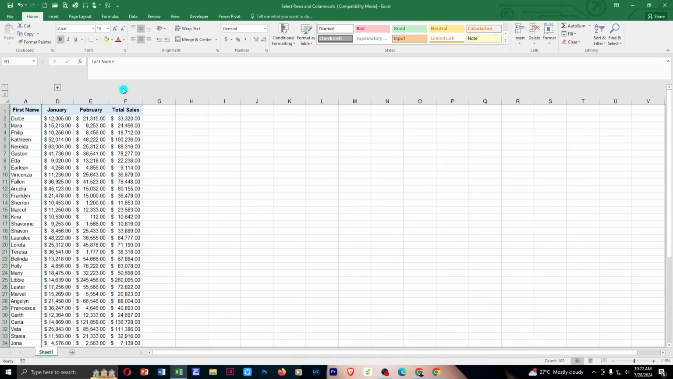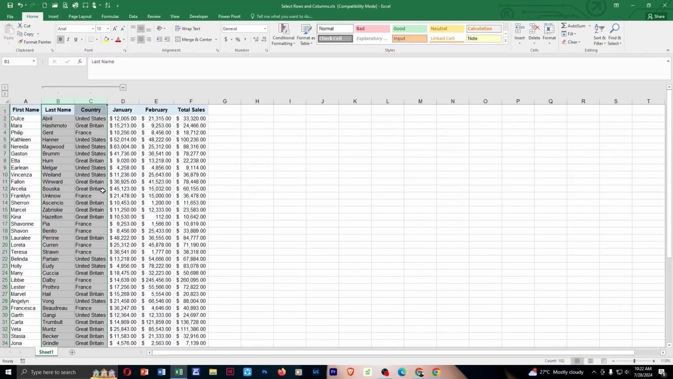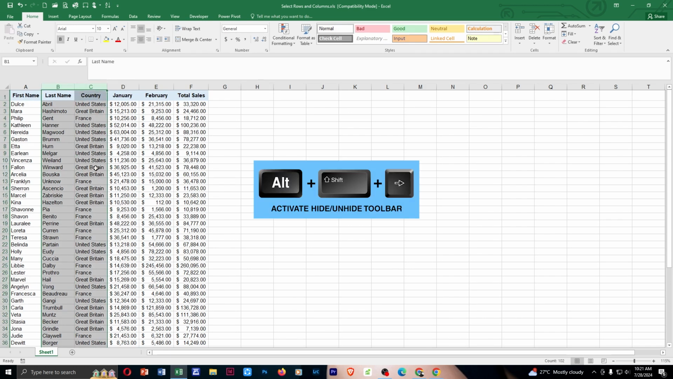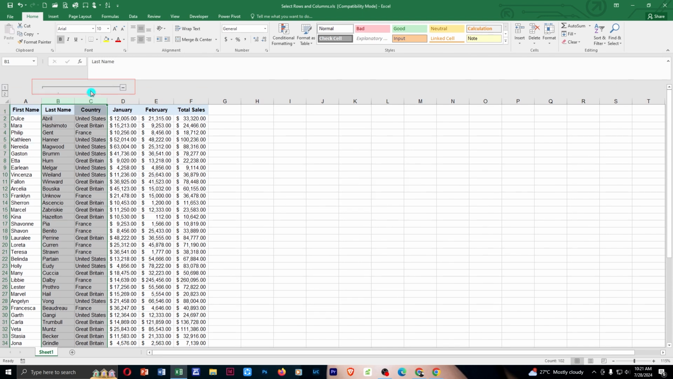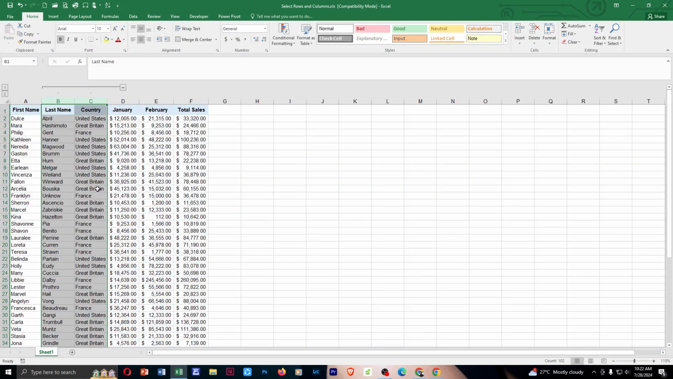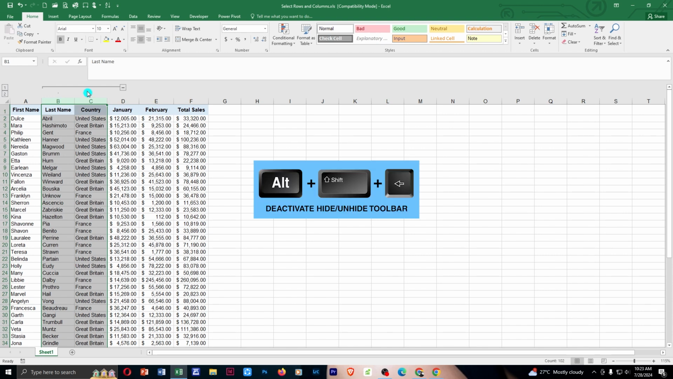Okay, paano naman daw mag-hide ng columns at rows na naka-group? Halimbawa, gusto kong i-hide itong last name at saka country. Gagamit tayo ng shortcut key. Press and hold Alt Shift, then arrow key. At mag-activate na yung hide and unhide toolbar. Hide, unhide. And if you want to remove hide and unhide toolbar, press and hold Alt Shift keys, then arrow